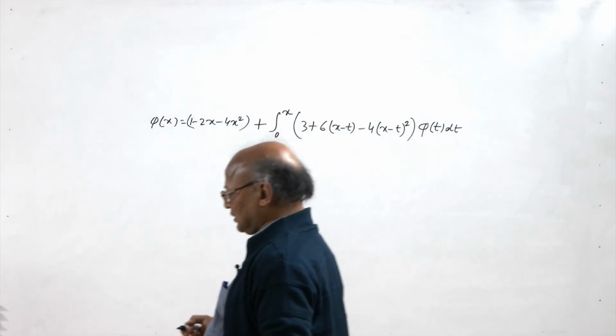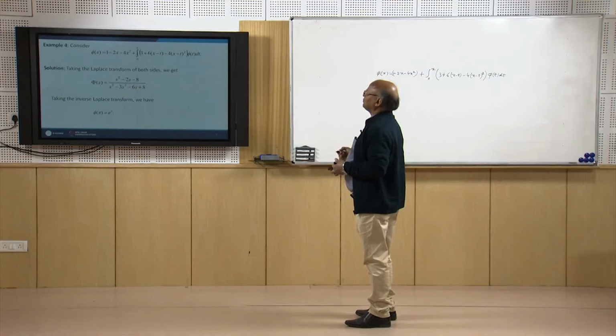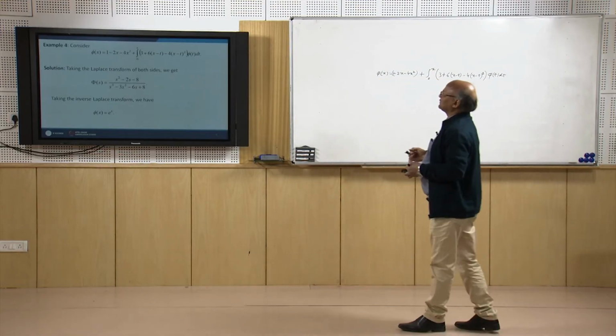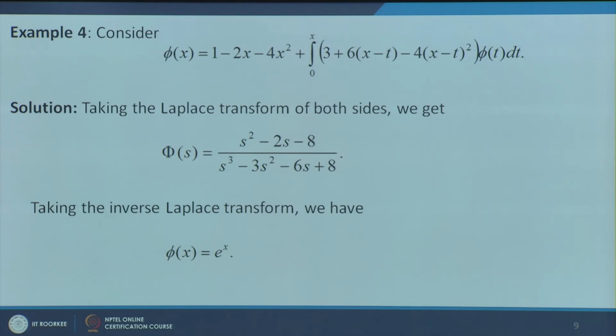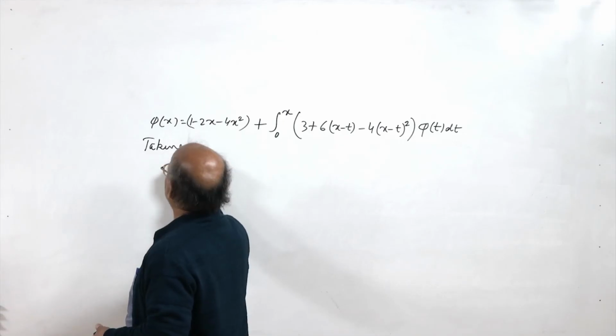In my lecture on Volterra integral equations of second kind where k(x,t) is of some special forms, there we had discussed this problem because the kernel here is a polynomial in t of degree 2. So we can solve it by the method which we discussed there, but you will see now that when we solve this by using the Laplace transform, the solution of this integral equation comes very easily. So let us take the Laplace transform of this. So taking Laplace transform on both sides, we get